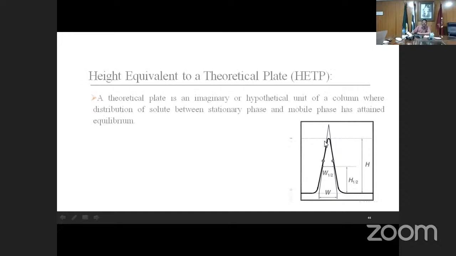Again, this is more important to learn. If the separation is very good, the peak is always symmetrical. If the separation is not good, you take half of the peak and calculate the area by the formula. You can calculate the efficiency of the column, and there is